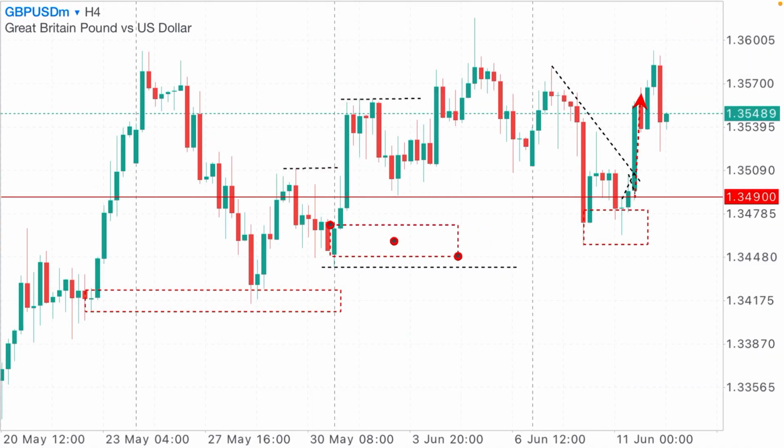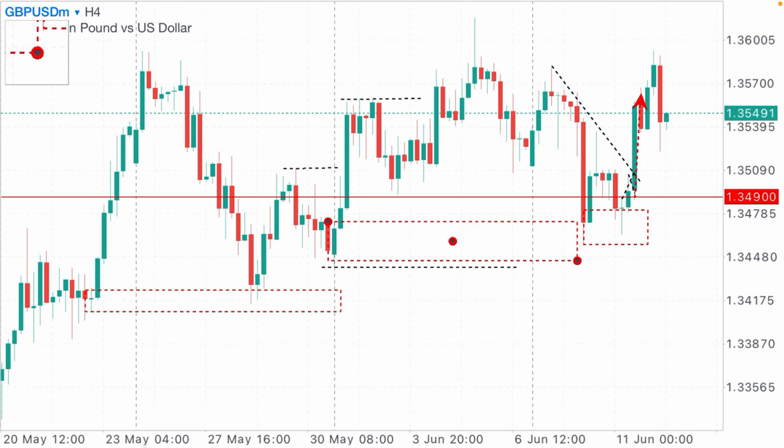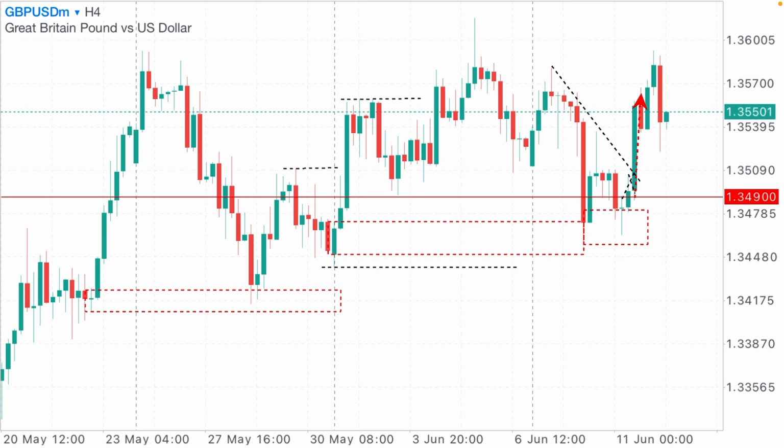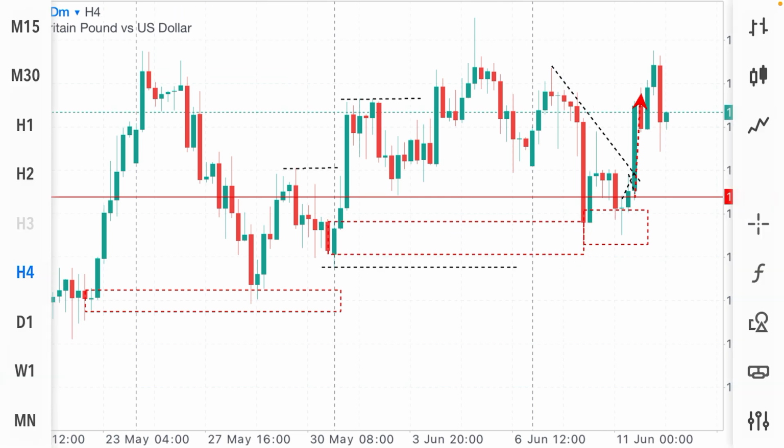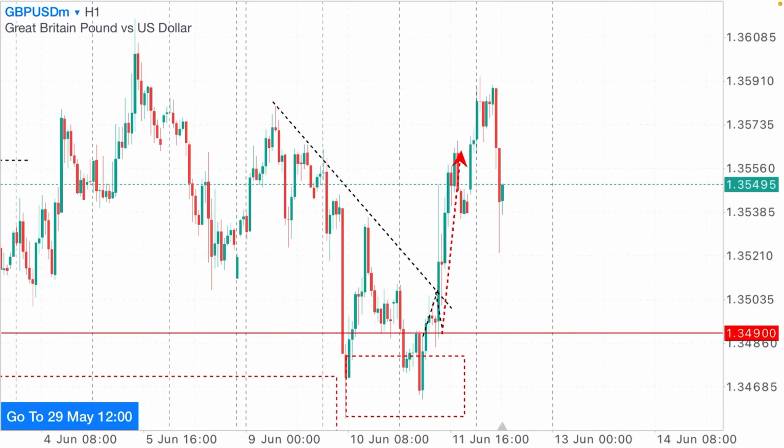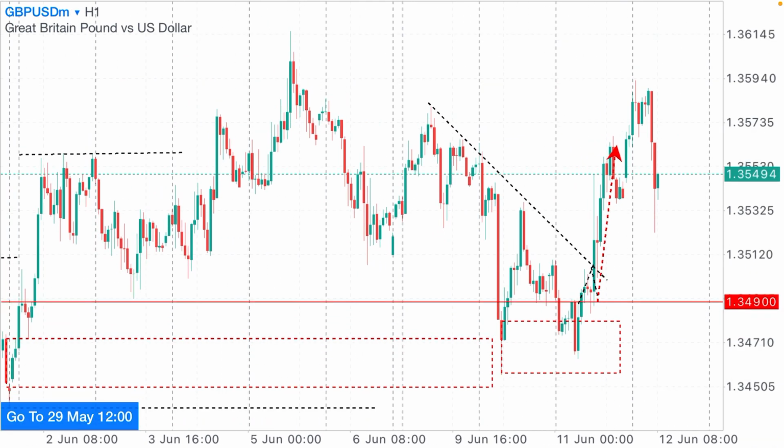So this was the order block responsible for that break. The market came back there and retested nicely there. After retesting nicely there, you break it to smaller time frame. So on H1, I realized that on H1 time frame,